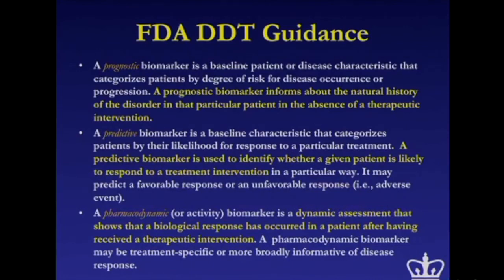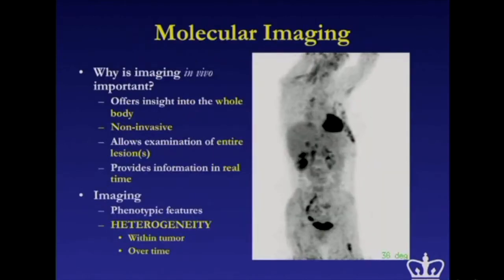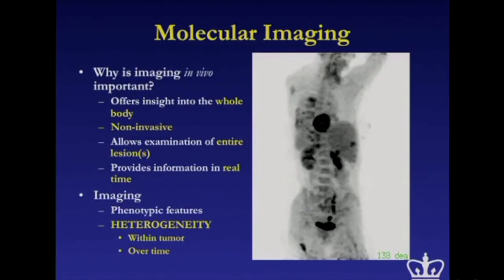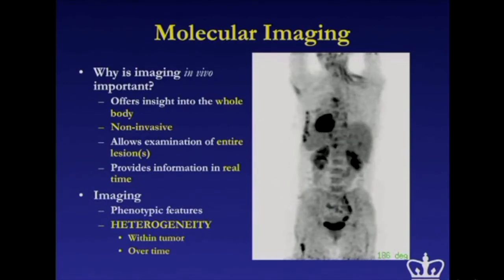A pharmacodynamic biomarker is what most imaging biomarkers are. You carry out baseline imaging, you give your intervention, you repeat the study to see if there has been any change. Any change that you detect is usually predictive of efficacy or lack thereof. Now I'm going to focus into molecular imaging. So PET is what I'm going to talk about for most of the rest of this talk, perhaps all of the rest of this talk, I'm not sure.